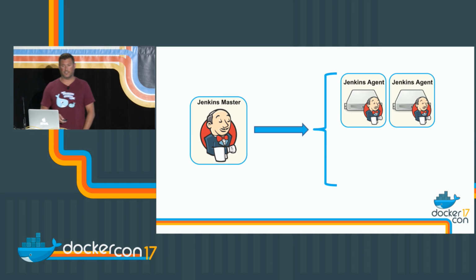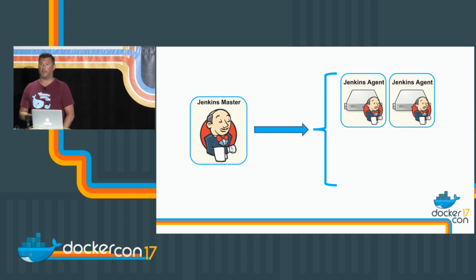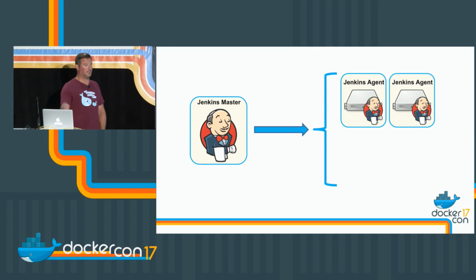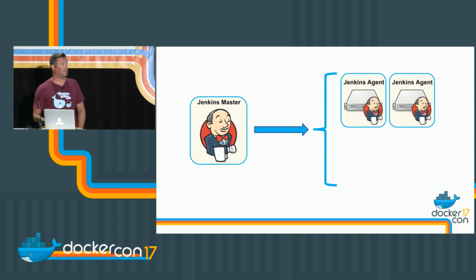a handful of Jenkins agents, and each one of these agents is specific to the environment that you're building, right? So you may have a Jenkins agent that's doing Java builds and Maven builds. You may have an agent that you're specifically saying, I want to send Go builds to. I mean, depending on the environment, you can have many, many, many different workloads.